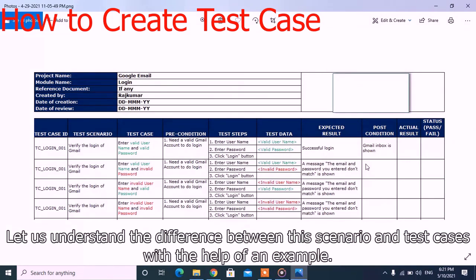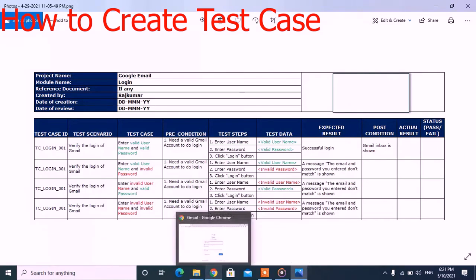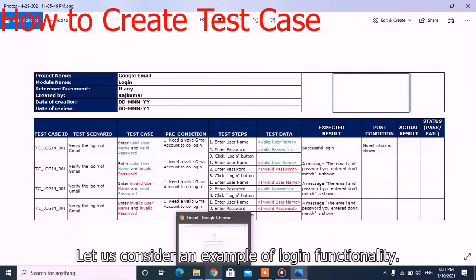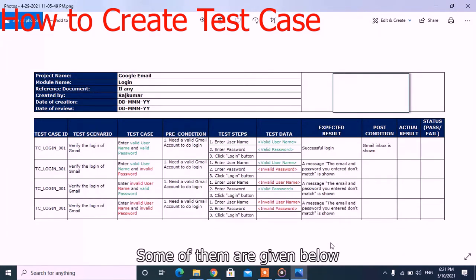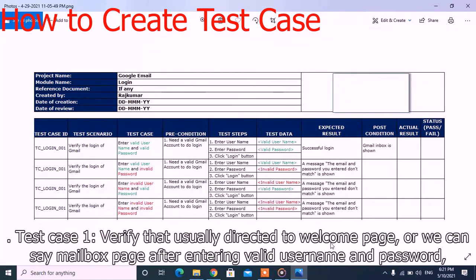Let us understand the difference between test scenario and test cases with the help of an example. Let us consider an example of login functionality. Login functionality can be considered a scenario which may contain many test cases. Some of them are given below. Test case 1: verify that the user is directed to the welcome page, we can say mailbox page,